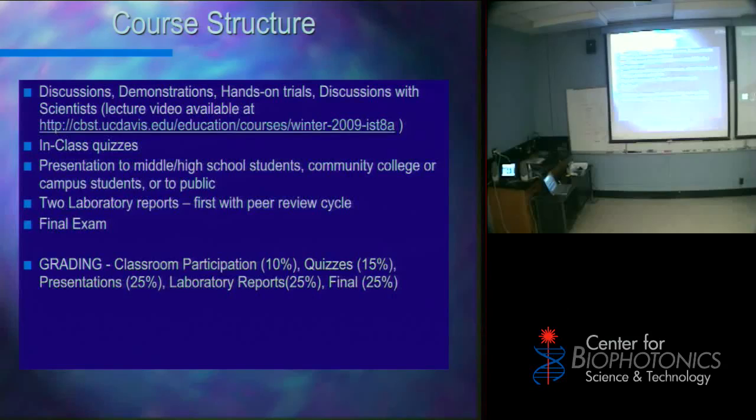Our guest speaker is coming in at 11 o'clock to give you a broad overview of the Center for Biophotonics. Dennis Matthews, the director of the Center for Biophotonics, was a longtime staff member at the Lawrence Livermore Laboratory, and he'll tell us a little bit about how this whole effort in biophotonics here has grown out of that. But in terms of things we'll be doing week after week, there'll be various discussions, demonstrations,